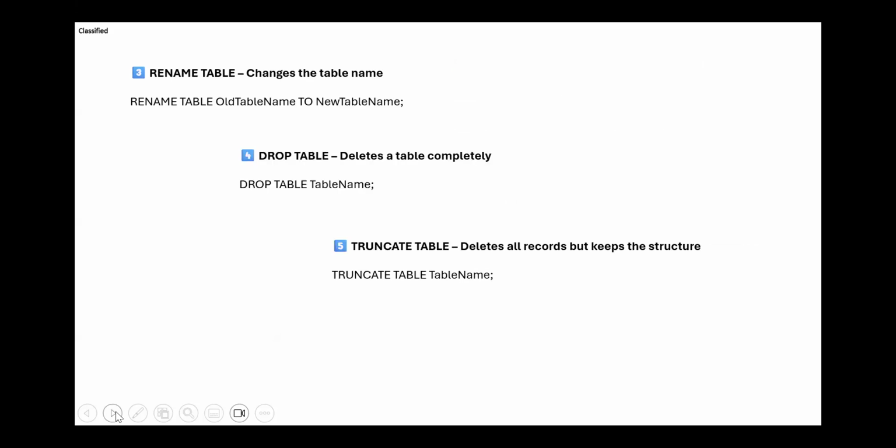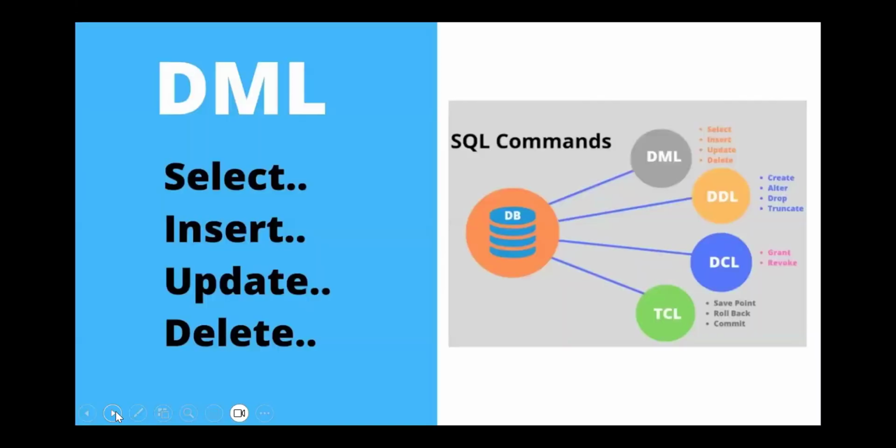If you want to rename the table, you can do rename table and the name of the table to what is the new table. Drop table, just write drop table and the name of the table. Now, truncate table is extremely interesting because truncate table means that all the data of the table will go away and you will be left only with the structure. Now here, let's look at the data management language and understand that exactly how that works.